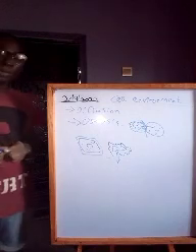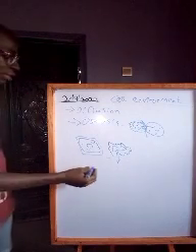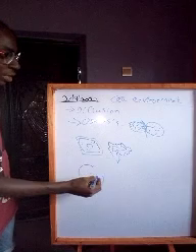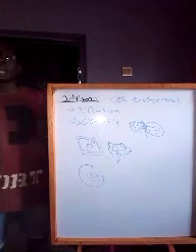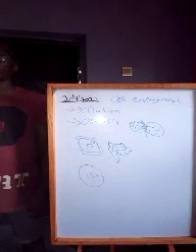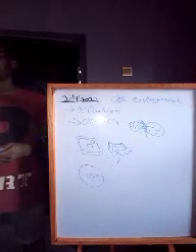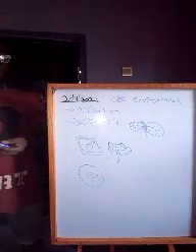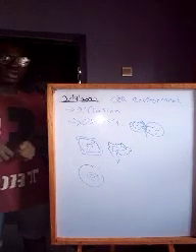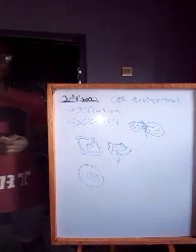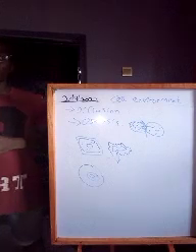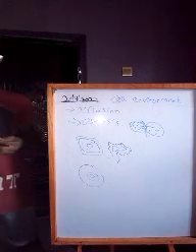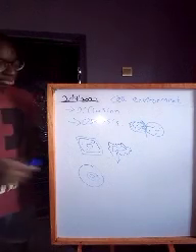Then let's talk about hemolysis. Now, hemolysis is the process whereby red blood corpuscles burst when they are placed in a solution. We have hypertonic and we have hypotonic, right? When they are placed in a solution of too much water, or a solution of lower concentration, the red blood cells will